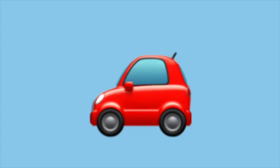I ended up buying my bike brand new only because I drive a Fiat, and going anywhere to pick up a pre-assembled bike on Facebook Marketplace was not gonna happen for me. So unless I got somebody to deliver it, it was going to be a journey. A Fiat is basically the size of the red car emoji. So that's the only reason why I spent a little bit more, but trust me, you can find a quality spin bike used on Facebook Marketplace for probably half the price, and a used Peloton for closer to around